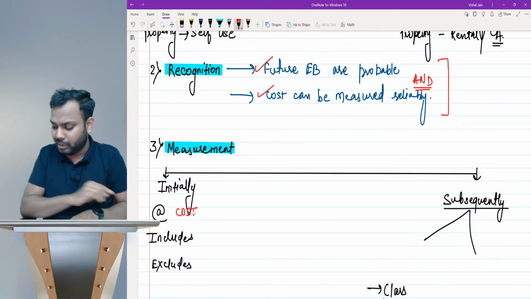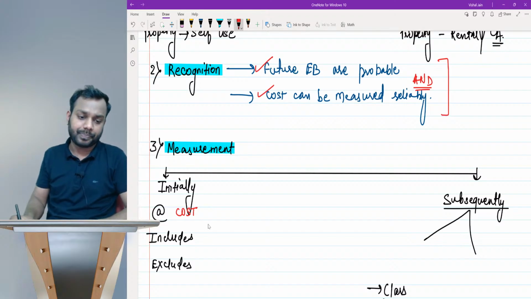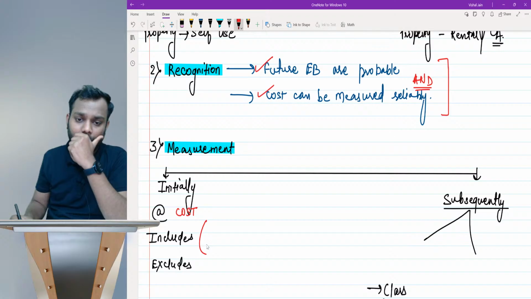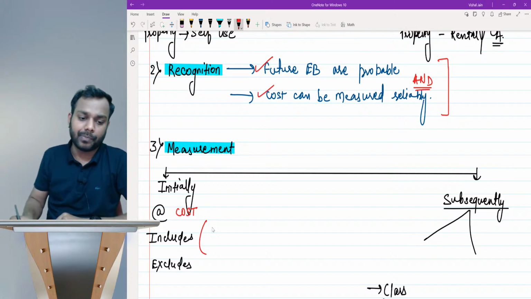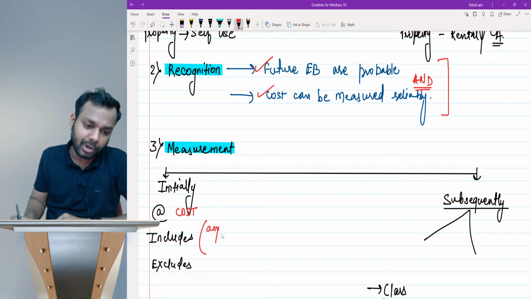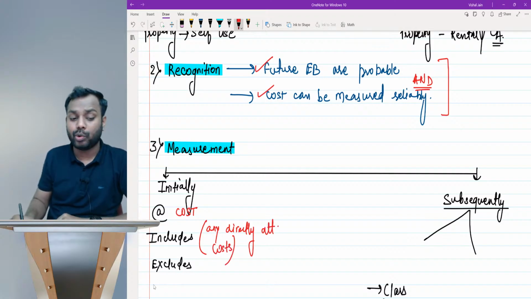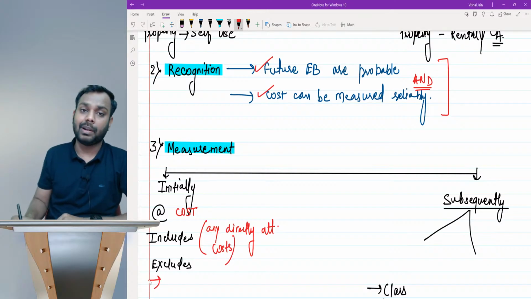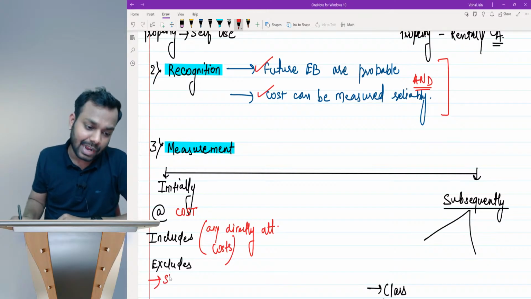So any cost incurred to bring the asset in the location and condition intended by management is to be capitalized. What does it include? It includes any directly attributable costs. But it excludes specifically 2 things. Tell me what? Staff training costs,